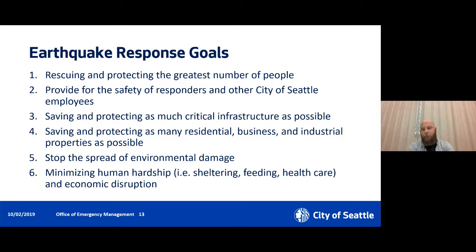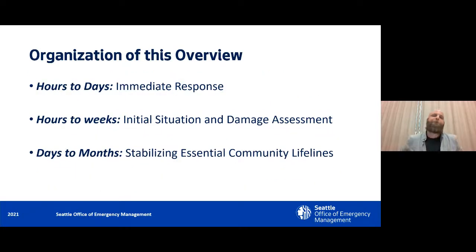So those are kind of these broad goals that we start with, but obviously everything ultimately is going to be influenced by what the actual impacts are that we see during that event. So I'm going to jump into a little more of the meat of what a response looks like, and I'm going to organize it into kind of 3 phases. Now, these are very generic. These are in no way set in stone. The timelines that I'm giving here are very general and very flexible, and it's unlikely that we would ever be doing any one of these by itself.